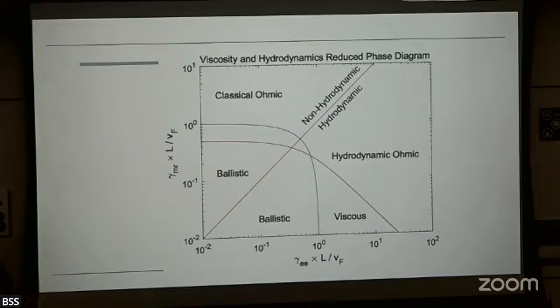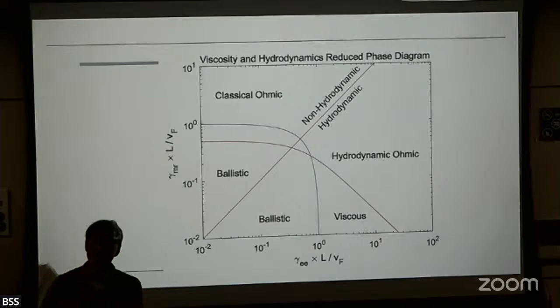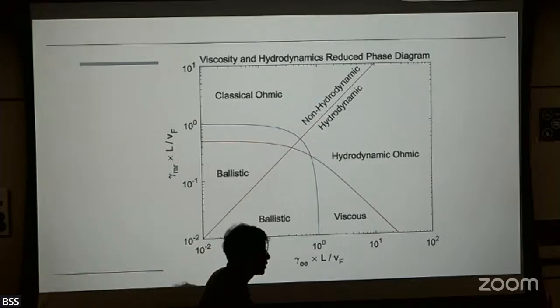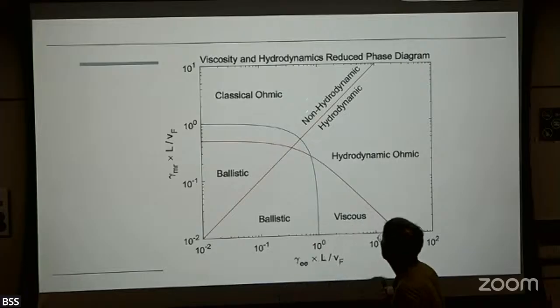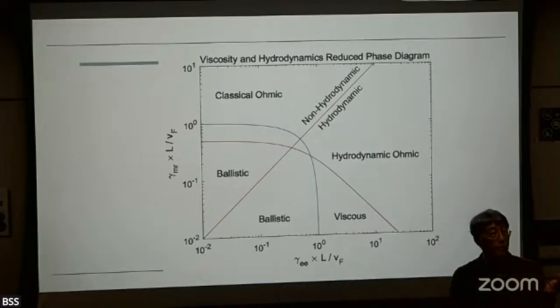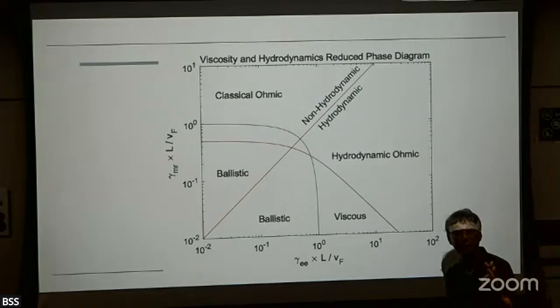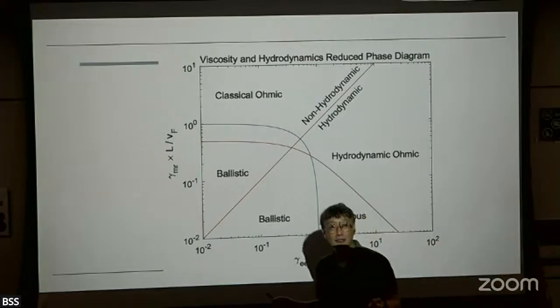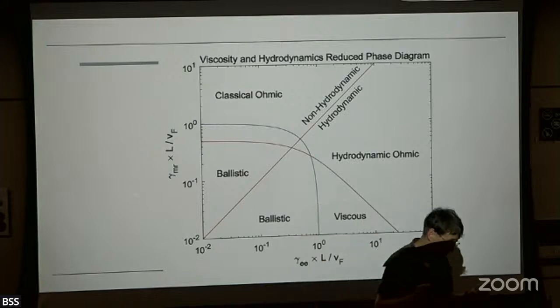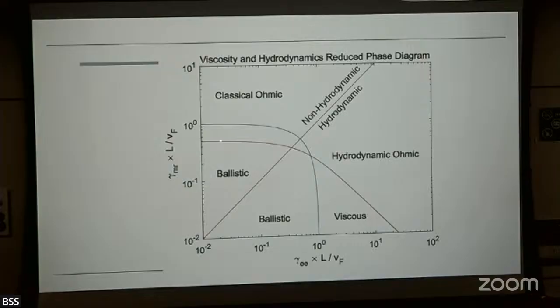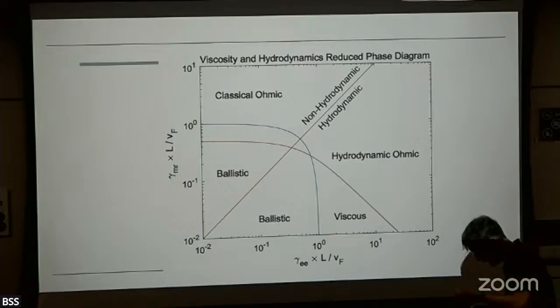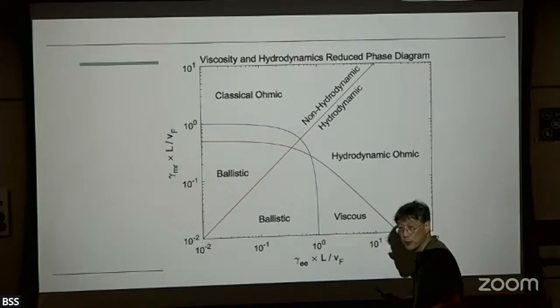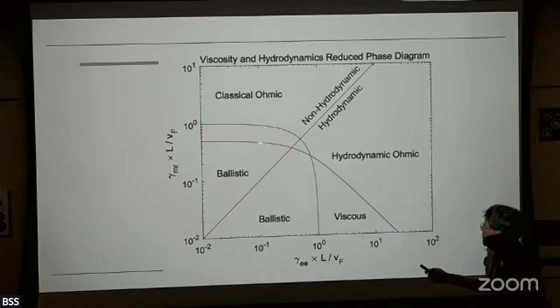So in the traditional way, this is probably a line that roughly divides where you get more of the hydrodynamic side of the transport or the non-hydrodynamic side, the ohmic type of transport. And of course, you have to compare with the length scale, the mean free path, against the system size. If the mean free path, either electron-electron or inelastic scattering, is larger than the system size, the transport becomes ballistic. So the ballistic transport is defined in this region, right?